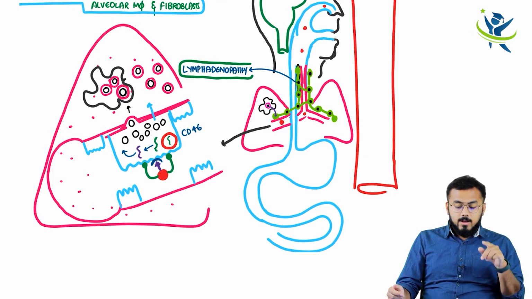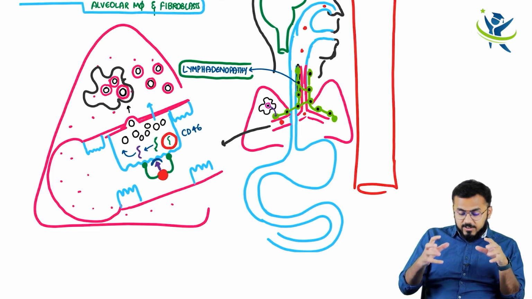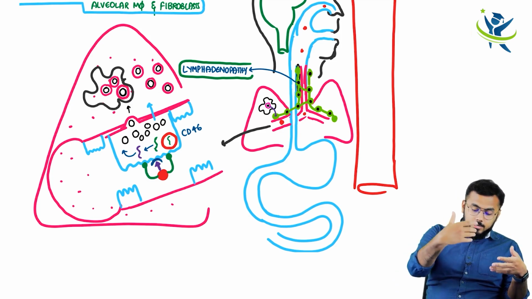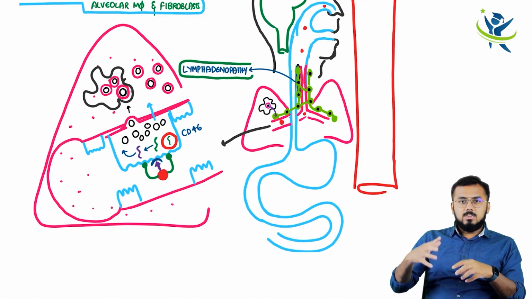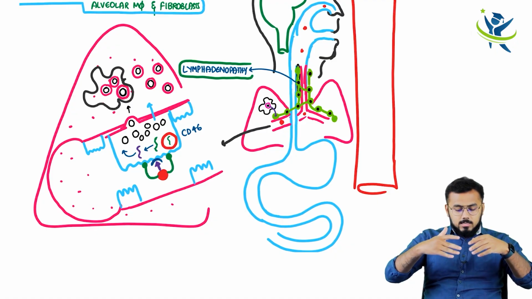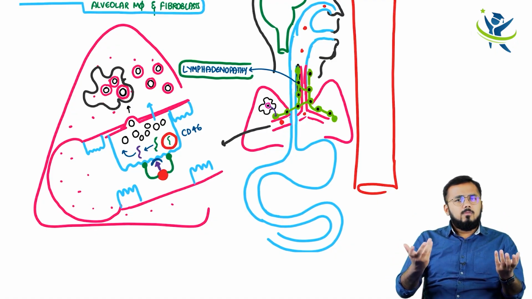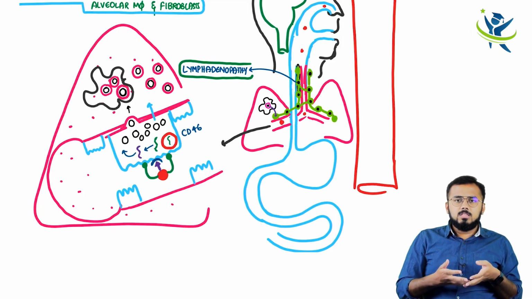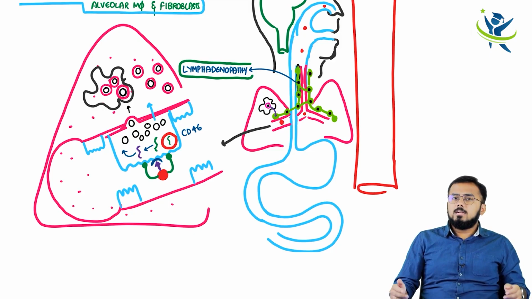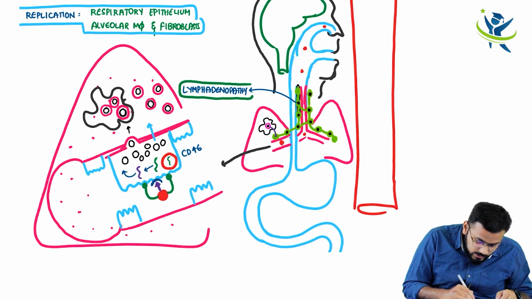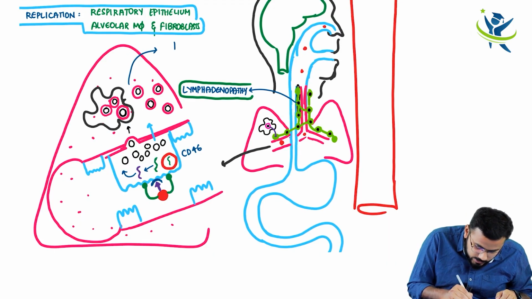Apart from this, the first infection started in the lungs. Obviously, the virus replicated in the lungs, entered into the interstitium, and macrophages and fibroblasts have taken it up, and within the macrophages and fibroblast cells, the virus replicated again, right? So obviously, there will be quite a good infection happening within the lung interstitium. And what is that infection? That infection is nothing but pneumonia. So obviously within the patient's lungs you are going to find an infection, and that is named pneumonia.